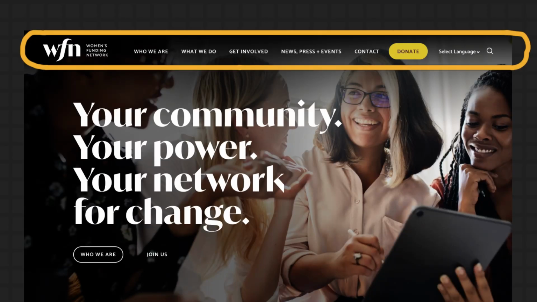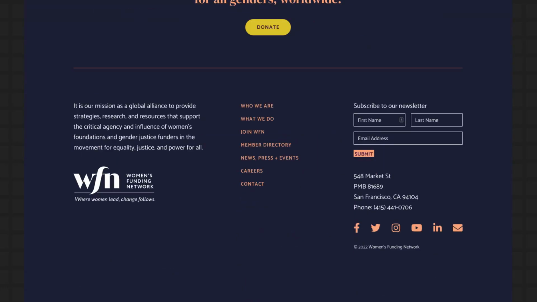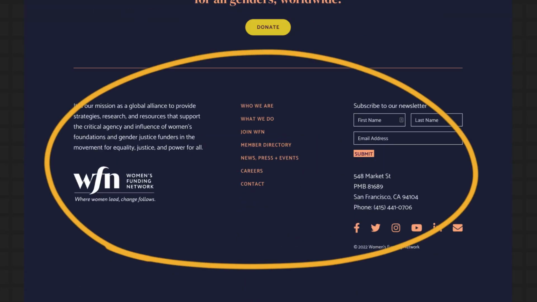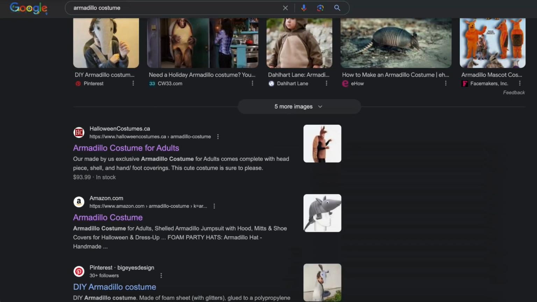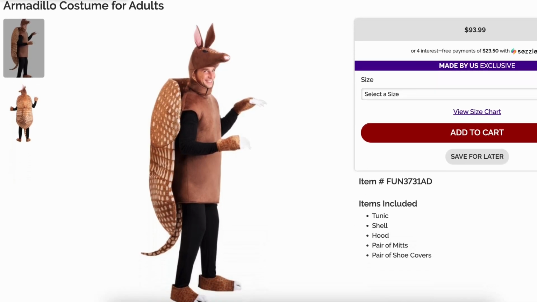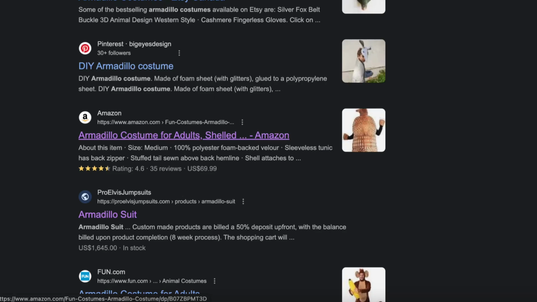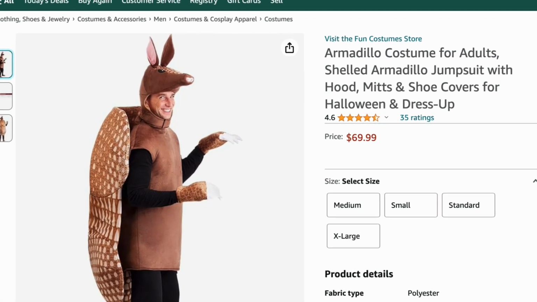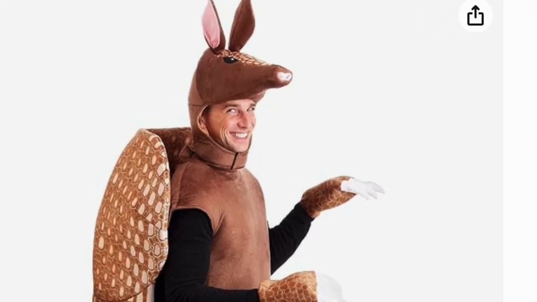Web design standards are the foundation of usability. They provide the familiarity everyone looks for when using a website. They are the reason you can Google armadillo costumes for sale, land on the first e-commerce website, add it to your cart, and get to the checkout, nearly buying it when you realize it doesn't have the features you want, and then go back to Google, find a different website, and quickly add that product to your cart, and get to the cart